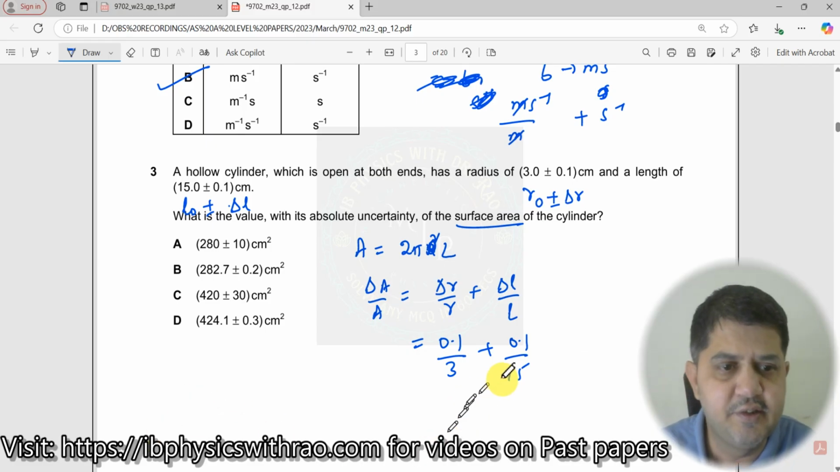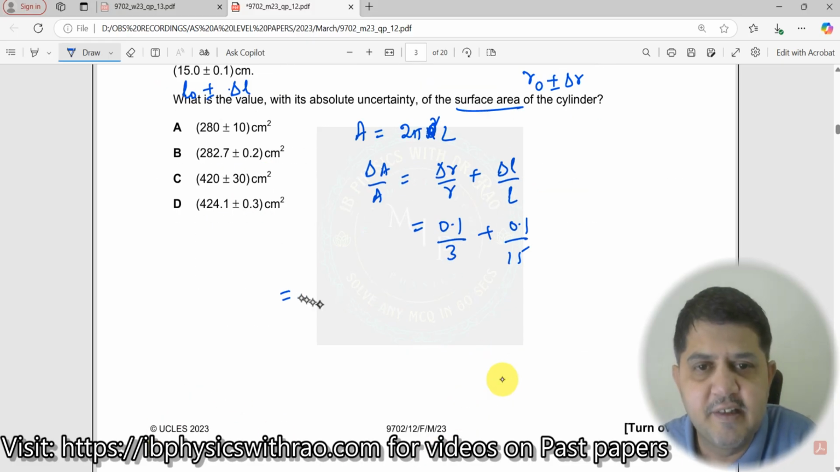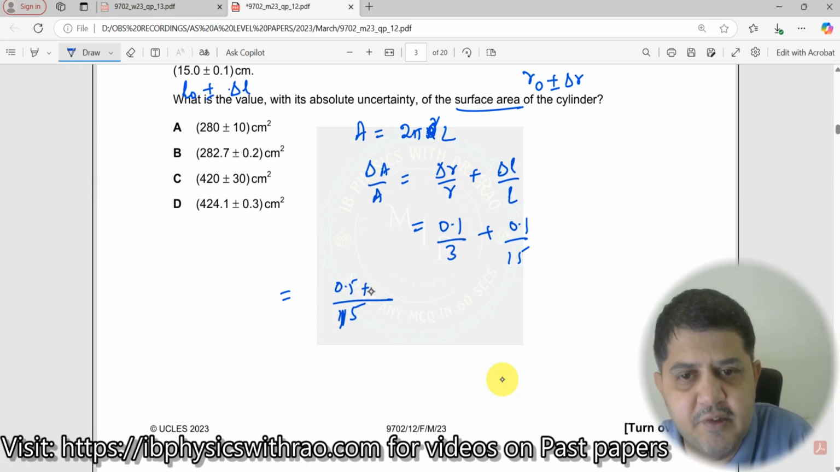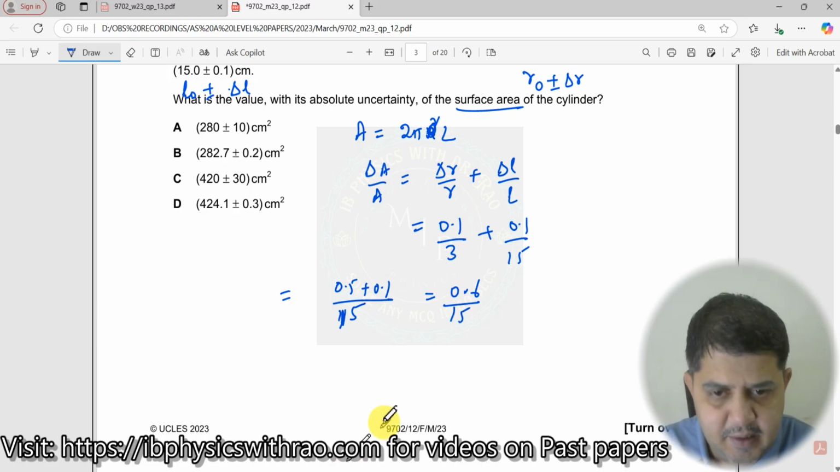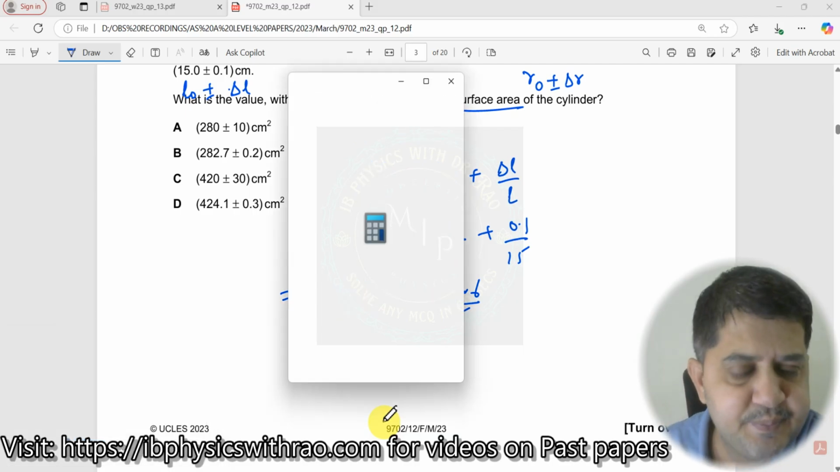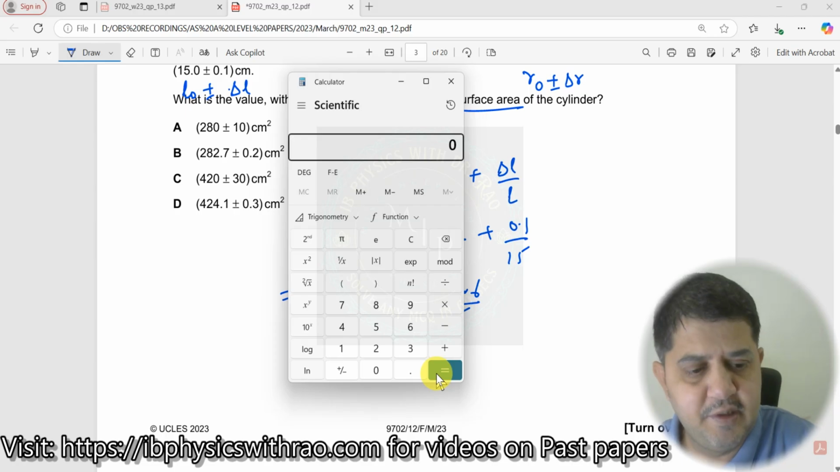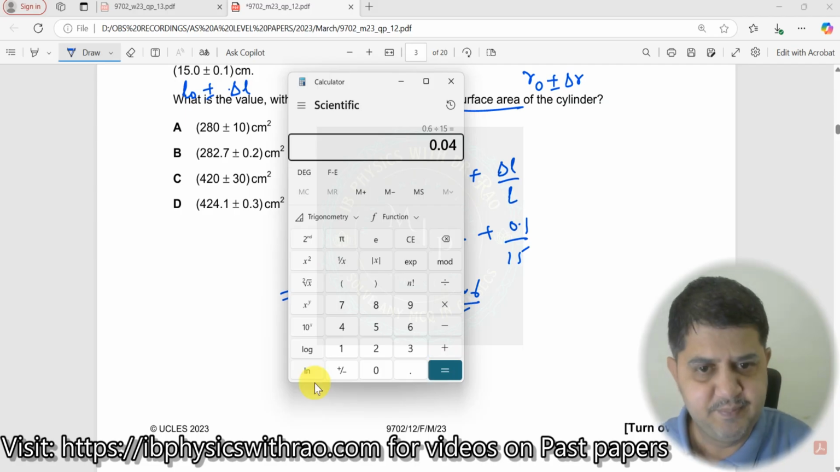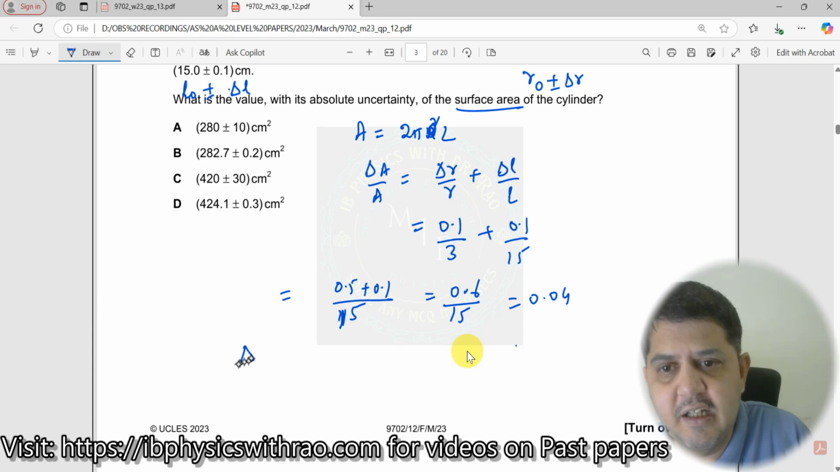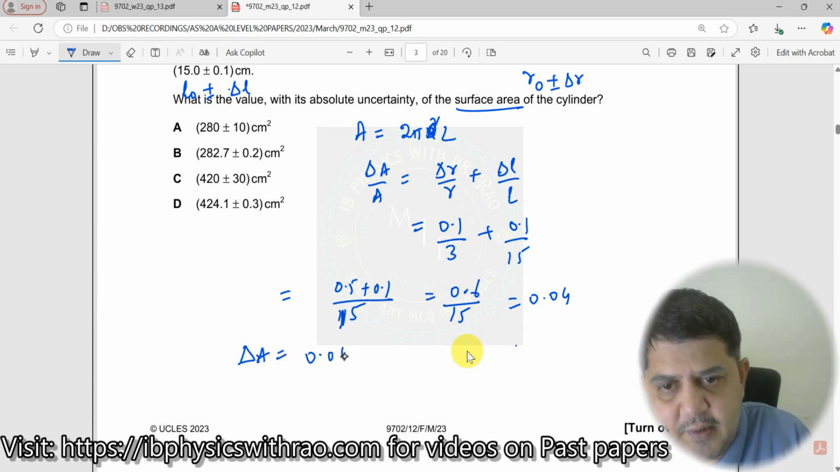So when I solve this, what is the answer I get here? The LCM is 15. Then 3 fives are 0.5 plus 0.1, which is equal to 0.6 divided by 15. And let me calculate this. This should be 0.6 divided by 15 is equal to 0.04. As a result of it, delta A will now be equal to 0.04 times A,